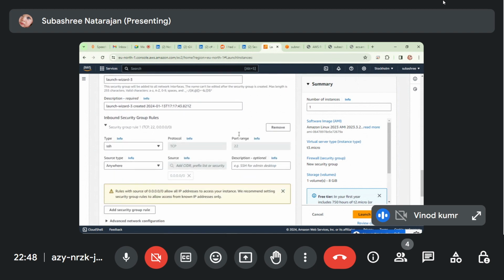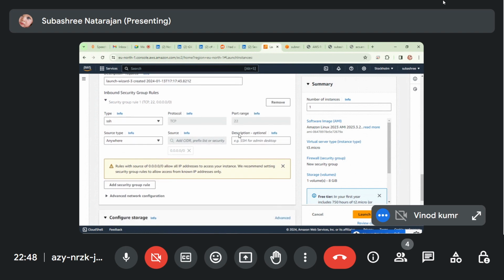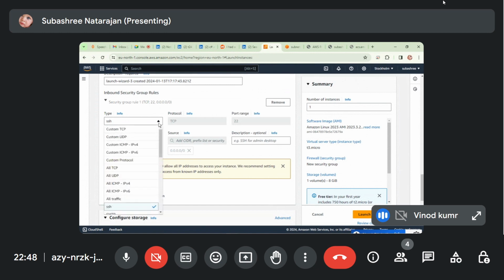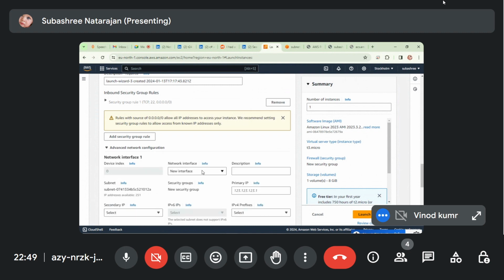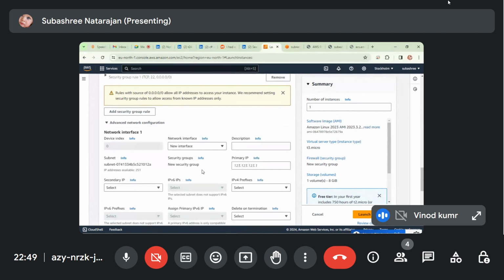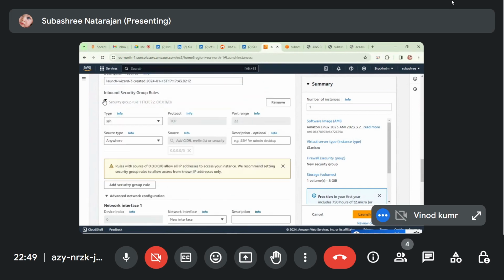This is the description. You can scroll down. And here, in the inbound security group, it's showing SSH, and you can keep resource type anywhere. Somewhere you missed it, so you can scroll up.